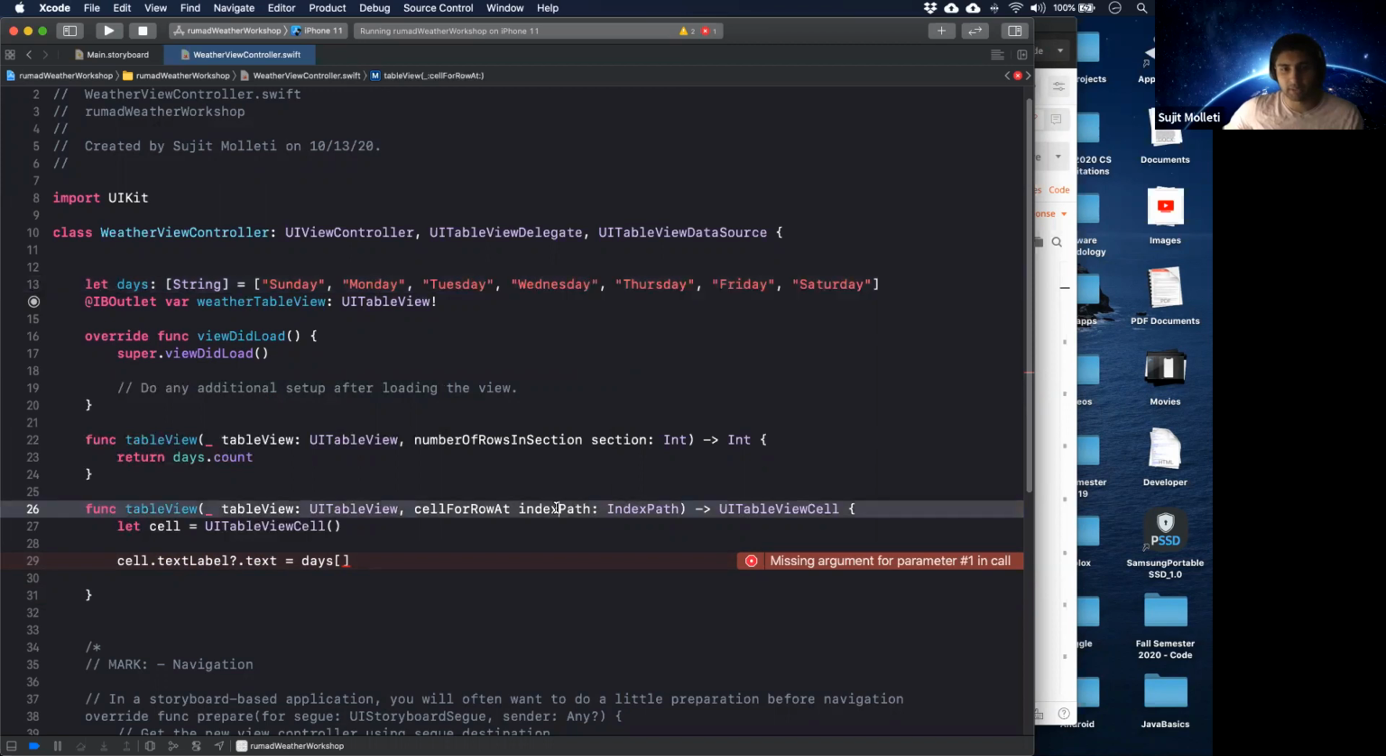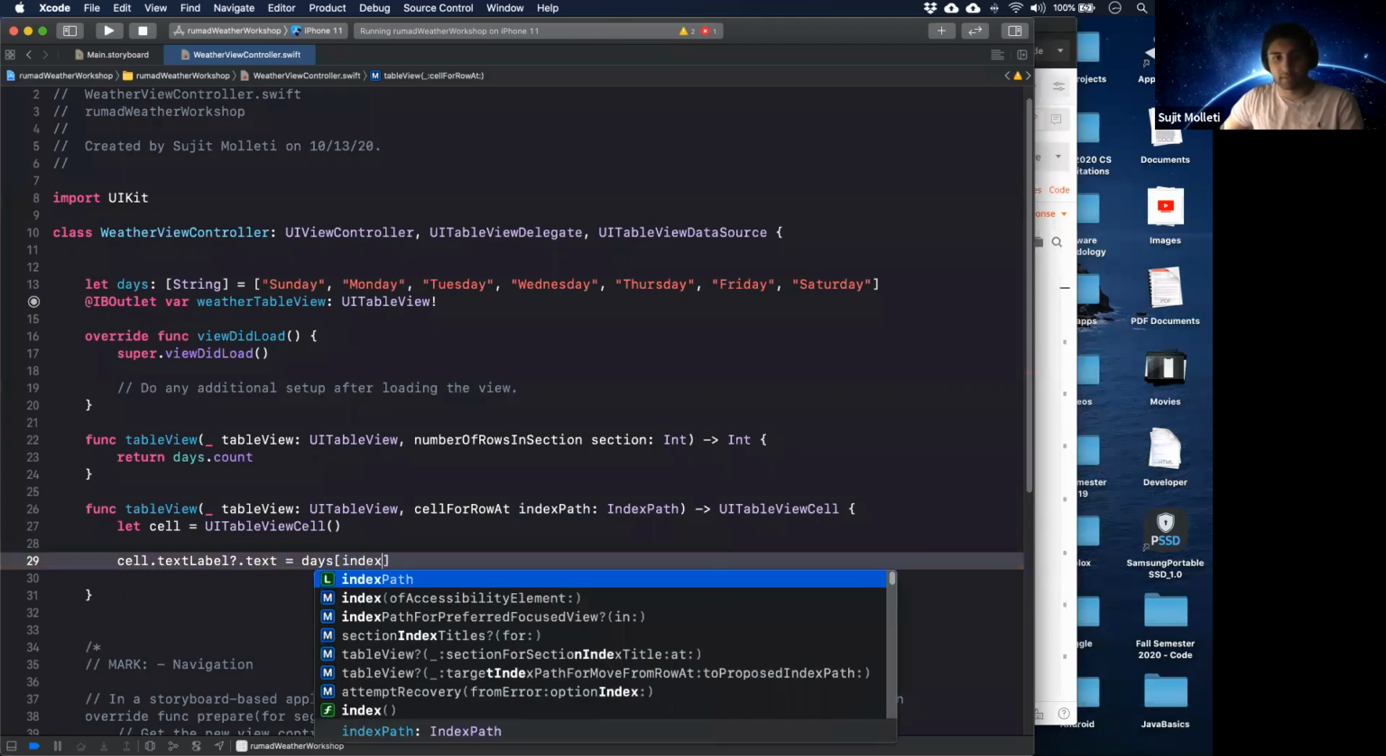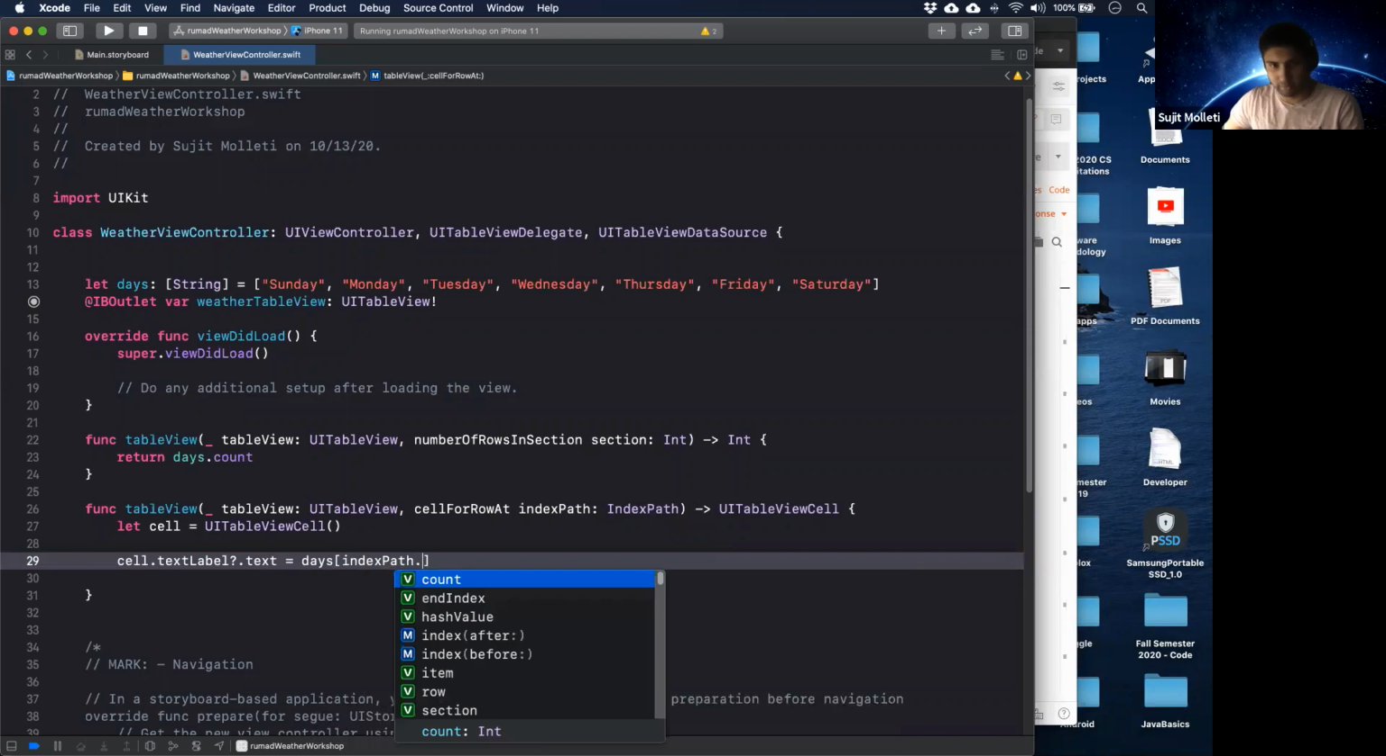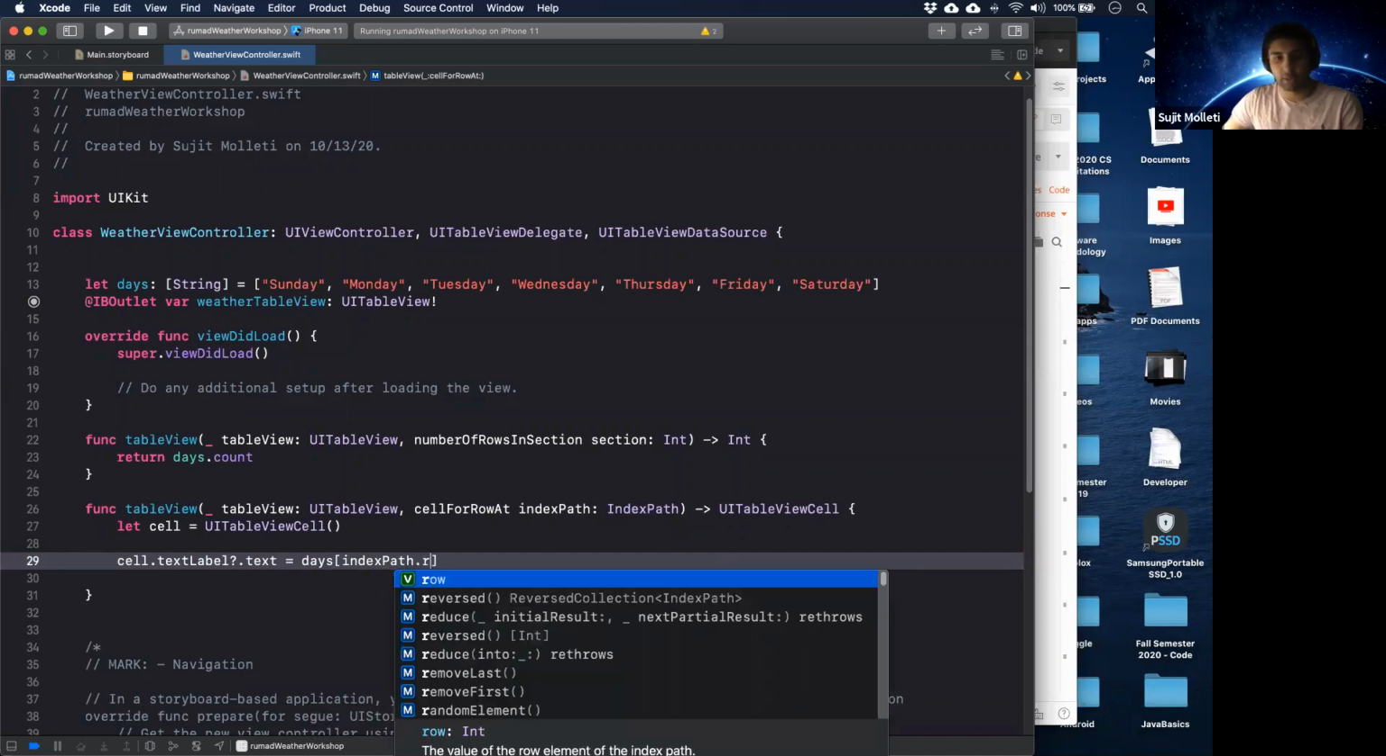So Apple gives you this property called index path. It's basically giving you the index path of where this table view cell is supposed to be, right? It tells you the row. Index path should have section and row. Yeah, so it has section and it has row. So you want to specify